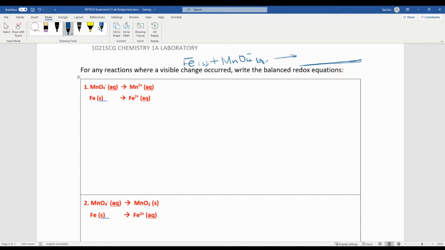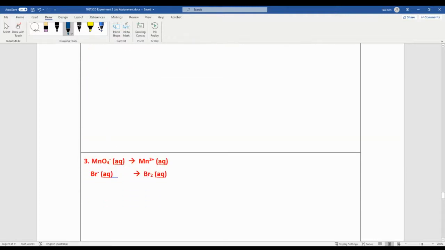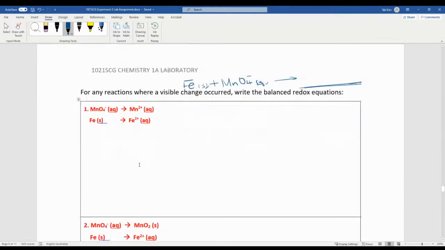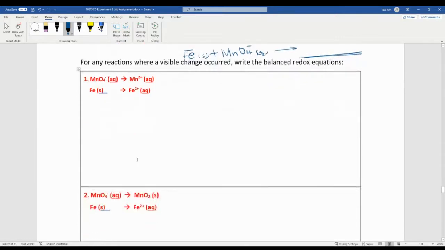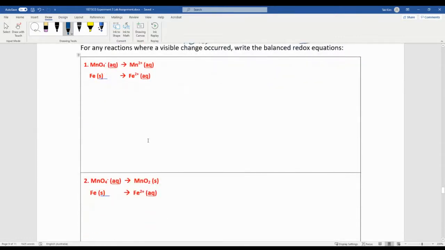So the steps for doing redox will be available in your lecture note, and have a look at the lecture note and try to follow the steps. But I will quickly do number 1 and 2, and then a little bit of number 3. And once you know how to do it, number 3 will be quite straightforward, right? Okay, so let's balance these 2